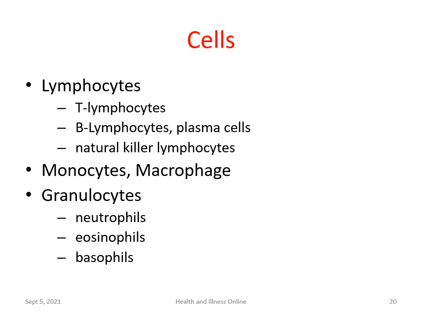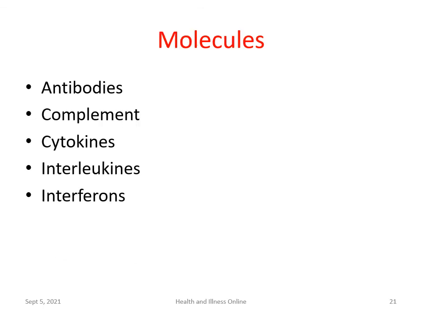And then obviously there are the other types of cells, the monocytes and the macrophage and the granulocyte, which are called the antigen presenting cells, and those also have the immunity. Slide number 21 tells you about the molecules. You would learn about the antibodies, complements, cytokines, and interleukins and interferons, which are all part of the